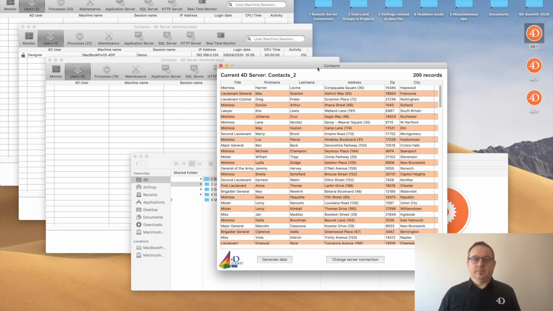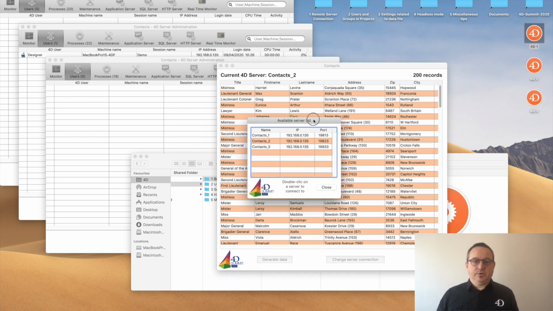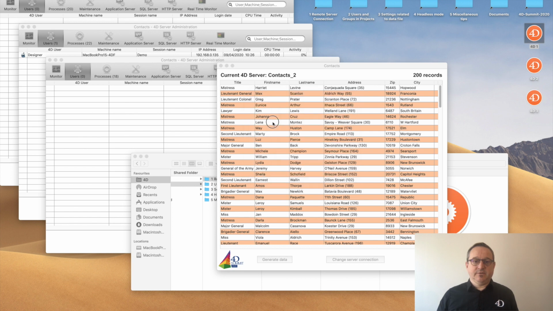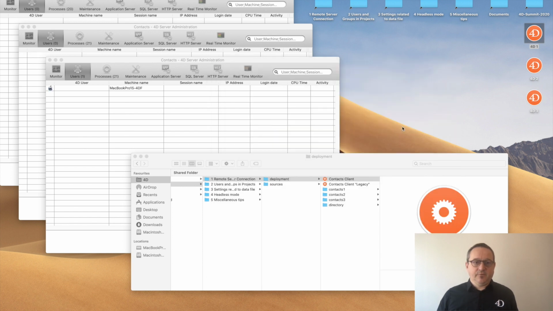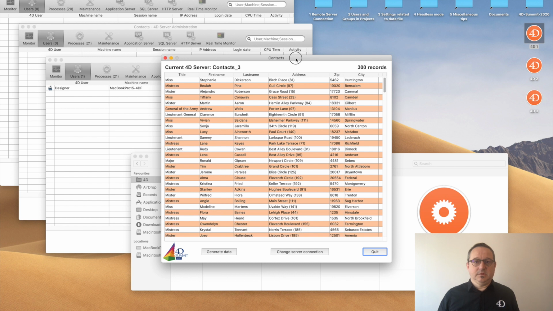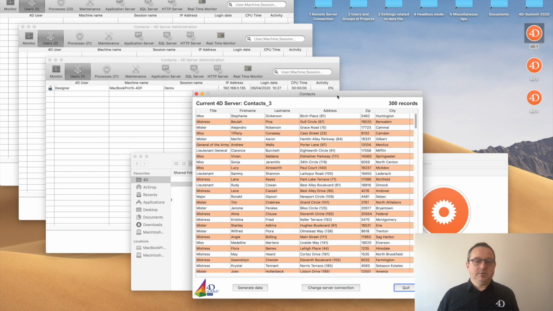So I have called the component in this button. So every time I can check the server and switch from the server from the application. So it's a funny way to switch servers.